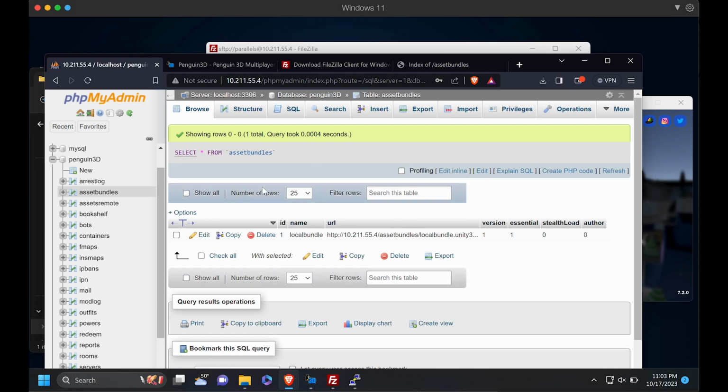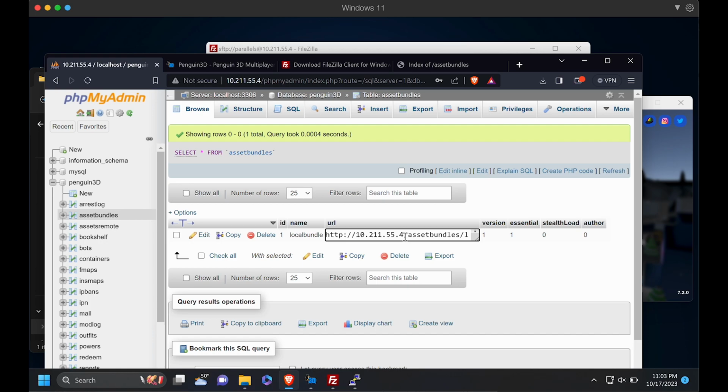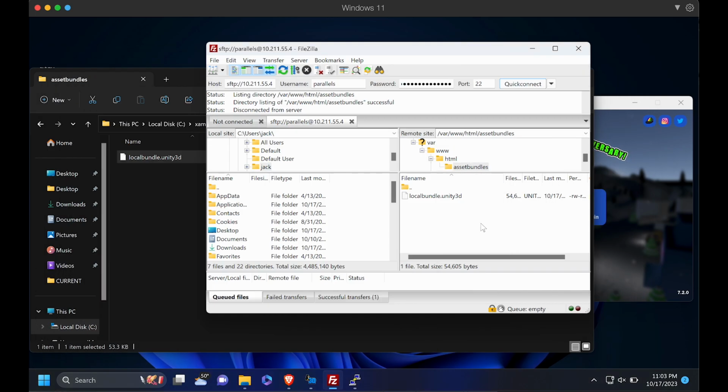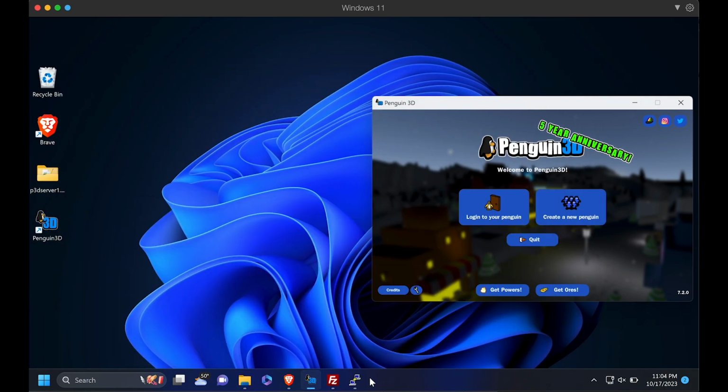So the process is basically the same as the other videos. Just remember, when you're providing the URL, it needs to be your IP address for your VPS. And also make sure you've uploaded your asset bundle to your server in the relevant location via /var/www/html, and then make a folder for yourself and put them in there. So that's with FileZilla, that is with PuTTY,